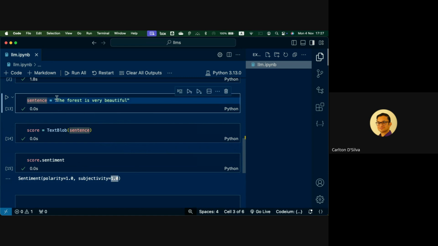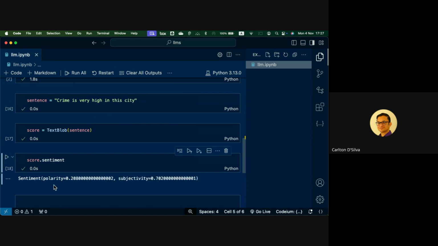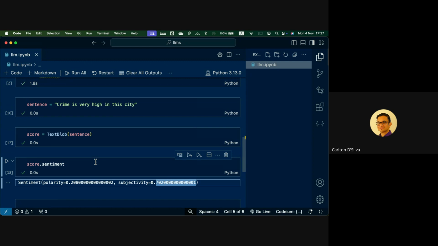And if we say "crime is very high, city," here you can see a little bit of a mixed view. For some interesting reason, it thinks this is slightly positive from the neutral, and we may of course disagree, and it gives a reasonably high subjectivity score. So it's not perfect, this is what I am trying to point out, but it's useful.